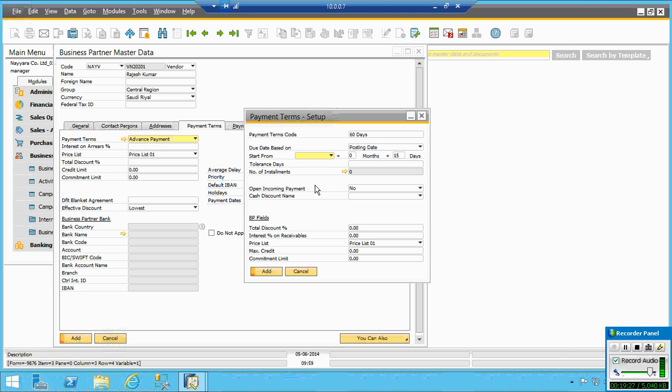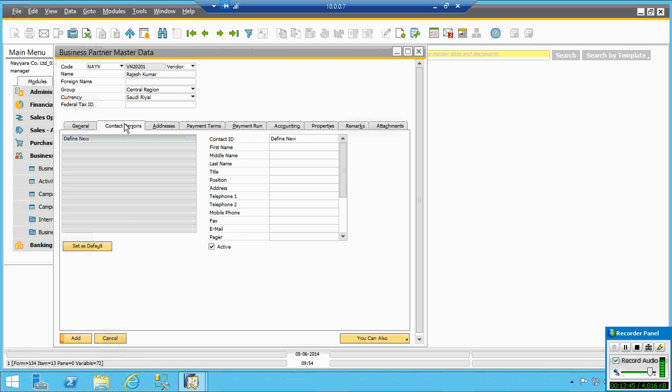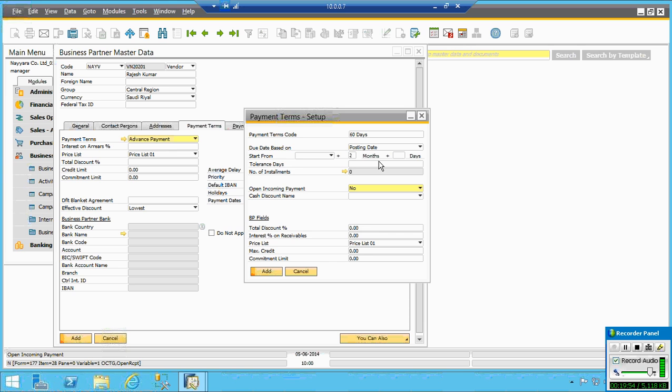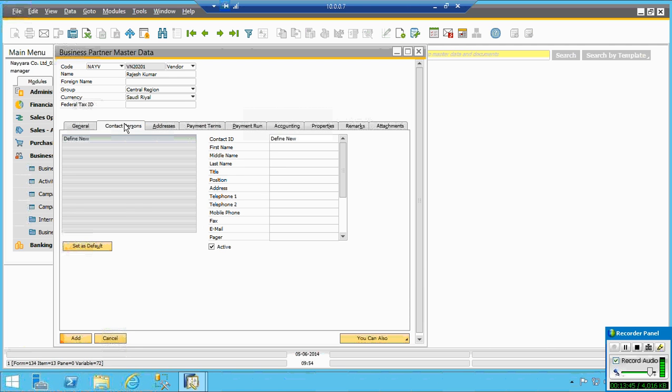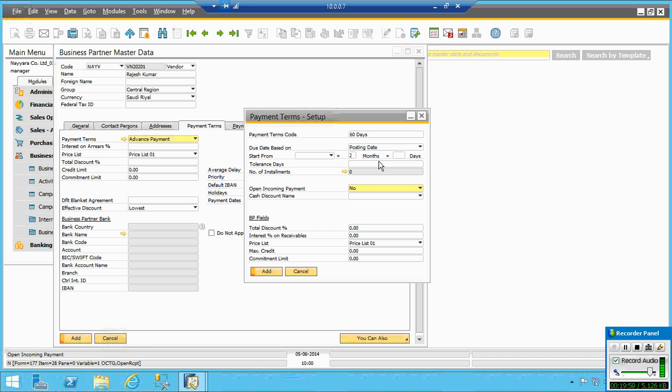That is 15 days. Or if you want 45 days, you can just mention 1 month, 15 days, or there is an option, give a 0 and mention 45 days. Else, I can just give 2 months. No, we are not saying by month. We are saying by month, one time. For example, 2%, we will say July 15. Okay, like that.